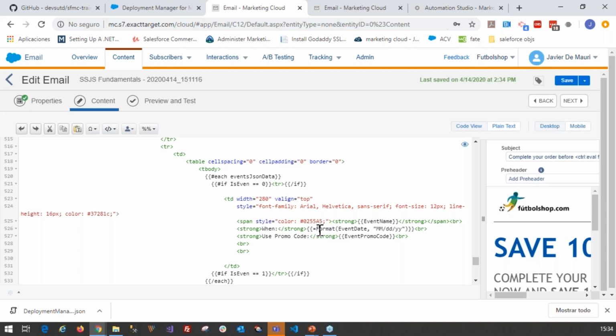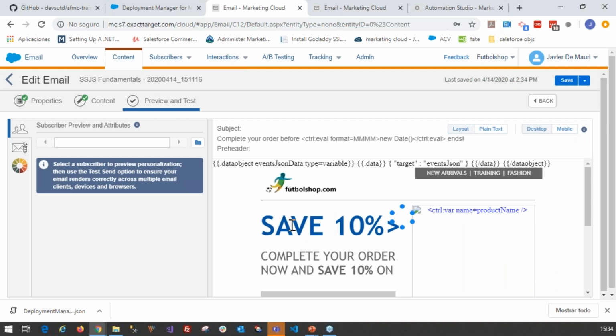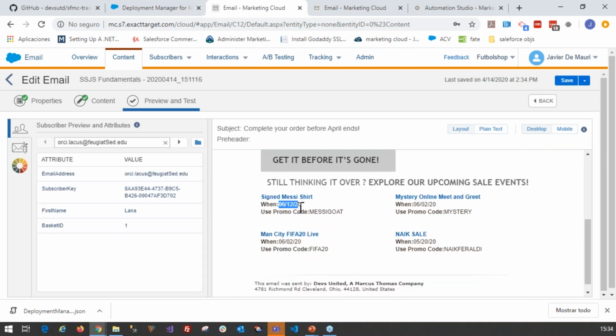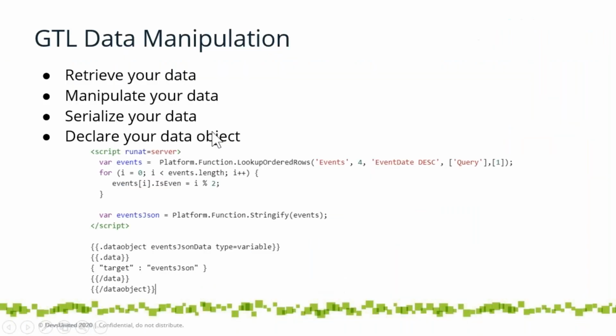So as you can see, AMPScript is meant to be there, of course. So let's see if this works. But at least you have the opportunity to do stuff like this, okay? Beautiful. So let's move into the next section. The next section is,